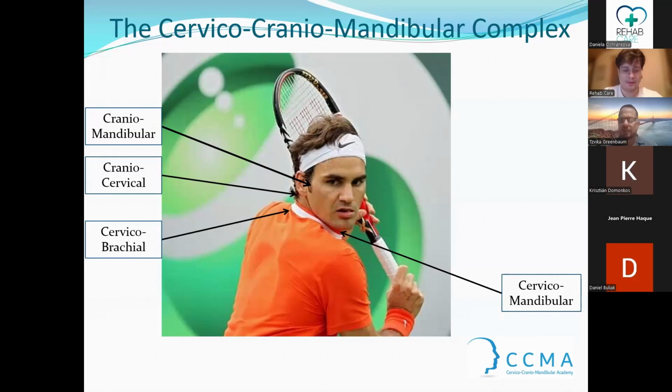The closest system to the masticatory system is the craniocervical junction, where the head is stabilized and